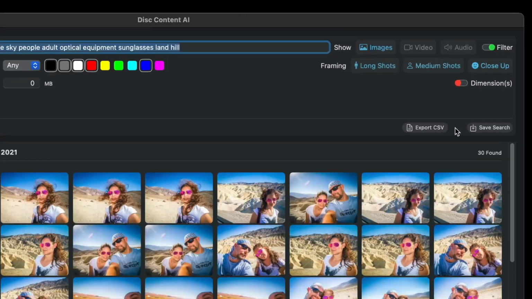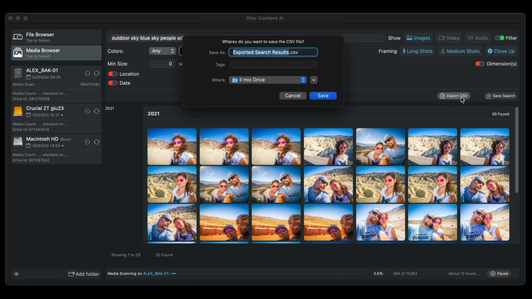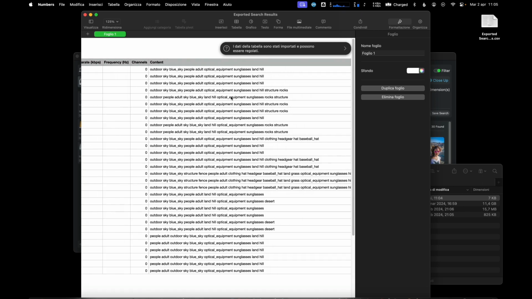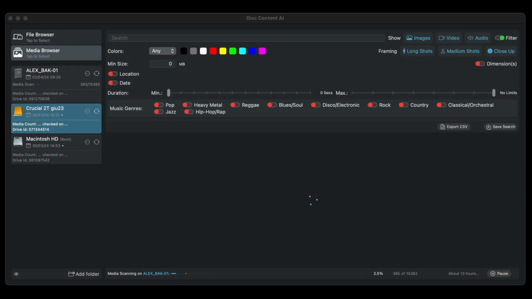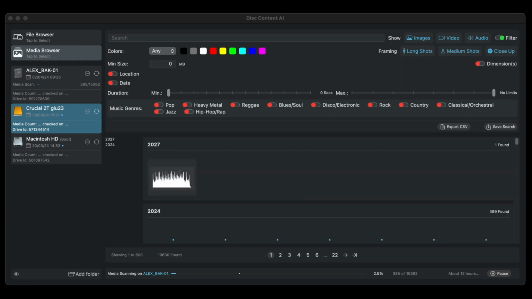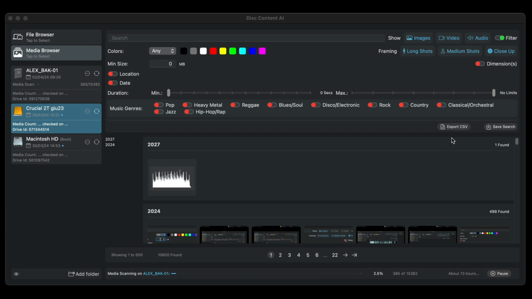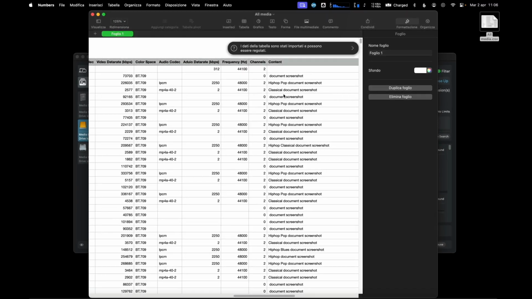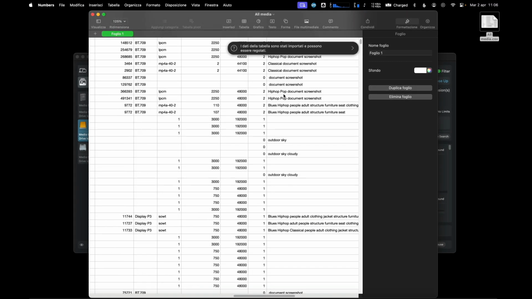Once a media type search has been made, you can click on the Export CSV button to get a complete and detailed report of all the media in the search. Click on a drive in the list on the left and, without typing anything and not putting any filter, open the Advanced Search panel. All the media on that drive will be found. Export the CSV and you will get the complete list of all the media on that drive, something very useful for reporting and billing a project.